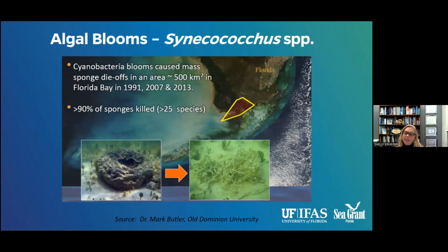And one of the biggest present day threats are algal blooms. Beginning in 1991, there have been a series of algal blooms in Florida Bay that have killed more than 90% of the sponges living there. And this is really represented by this area inside of the yellow triangle. And this was likely caused by a cyanobacteria called Synechococcus, which causes the water to look like pea soup. And once such an extensive die-off occurs, the recovery of the sponge community can be lengthy because of their slow